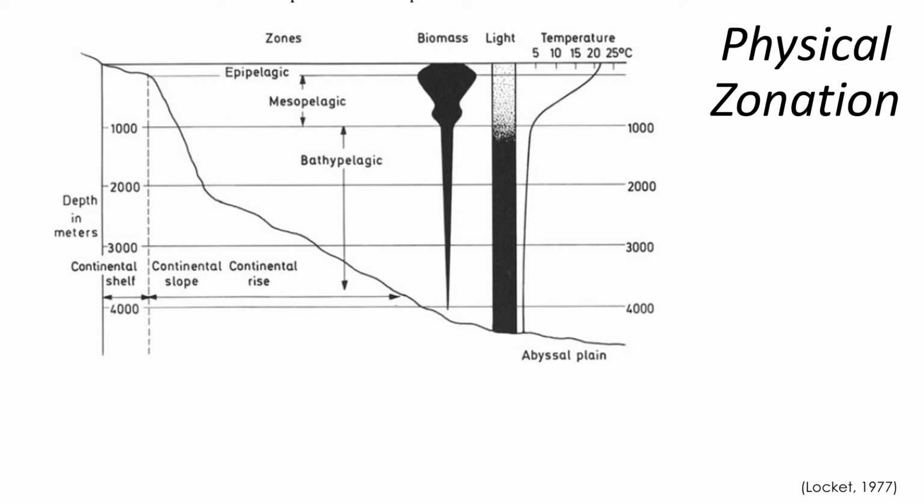So let's start off with a brief description of the ocean. This diagram in black and white shows the relation of biomass, light penetration, and temperature to depth in oceans. The temperature structure of oceans is affected hugely by the alteration of density of seawater with temperature. Warm seawater is less dense than cool seawater, and so warm water tends to lie above cooler water. A stable system is typically formed in tropical latitudes where a clearly defined layer builds up, separated from the underlying water by a sharp temperature boundary called the thermocline.